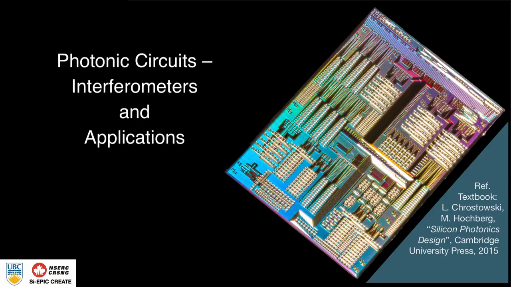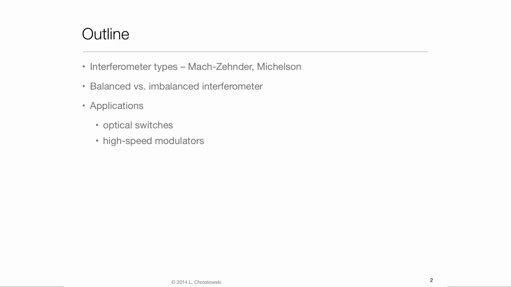In this unit, we describe an important photonic circuit, namely the interferometer. We discuss the basic functionality and discuss some applications. We begin this unit by looking at two common types of interferometers, which can be implemented as photonic circuits on